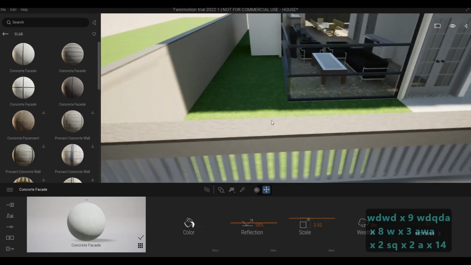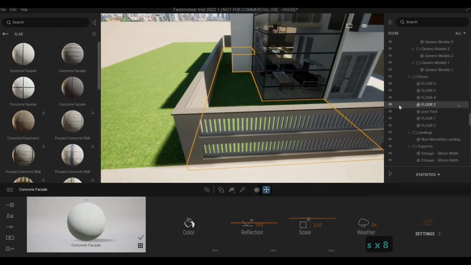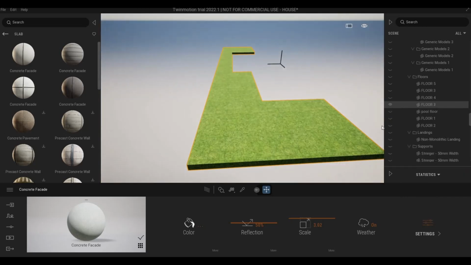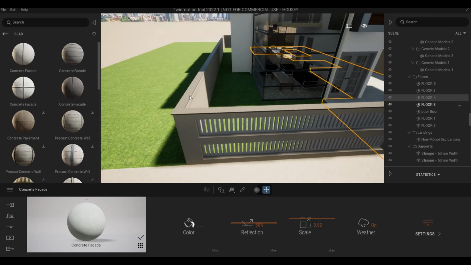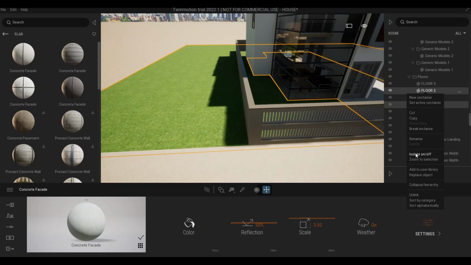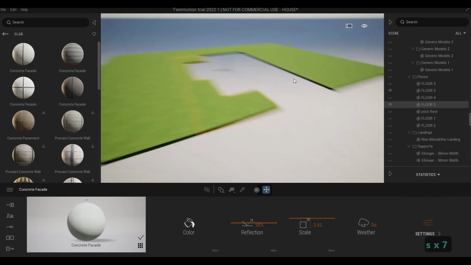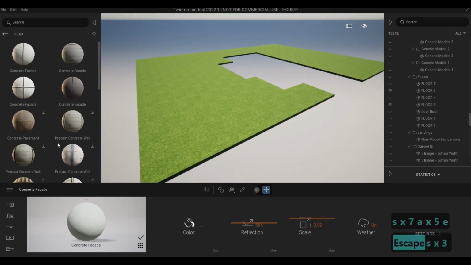And then for the grass, let's isolate this floor. So click on the floor, right click, isolate, and then I believe number 4 as well. Isolate, no, number 4, number 3, and so both number 3, right click, isolate. So we have both of these isolated,